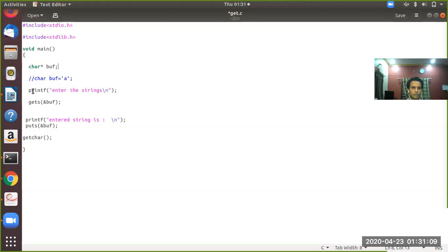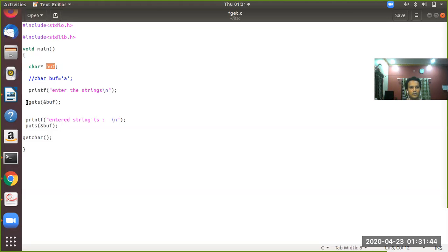To intimate the user to start typing something on the keyboard, we will add the statement printf enter the string. Seeing that statement, the one executing the program will start typing the string value on the keyboard. Once you start typing, it must be received and stored in the variable buff. This part could be done using scanf also, but the intention of this program is to explain how to use gets and puts, which were not covered in the previous video.